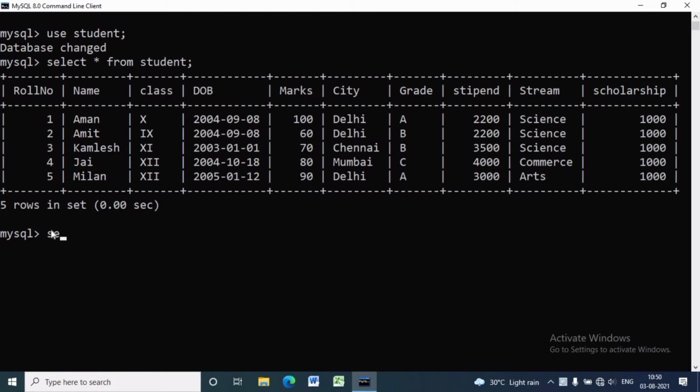Let us see this practically. Here we are using the student database. For that we write USE student. SELECT * FROM student will give all the data available in the student table.